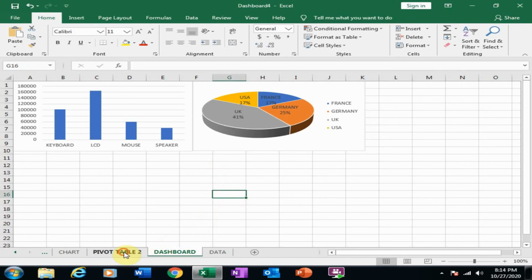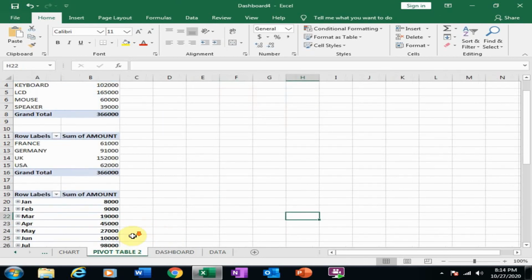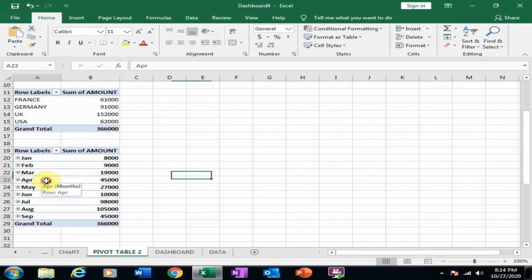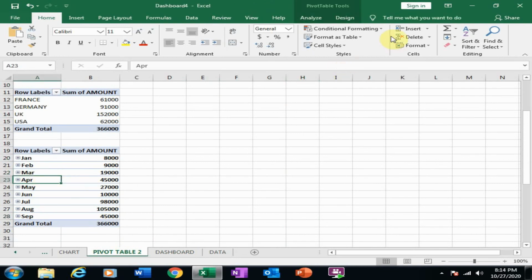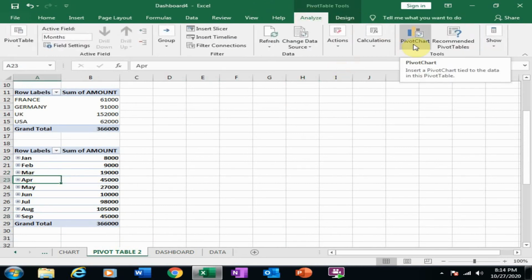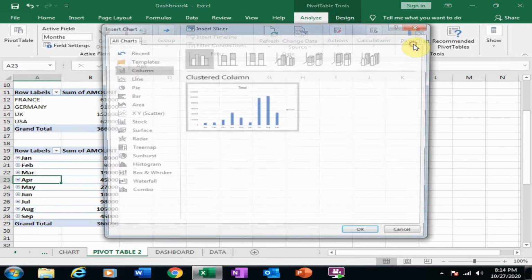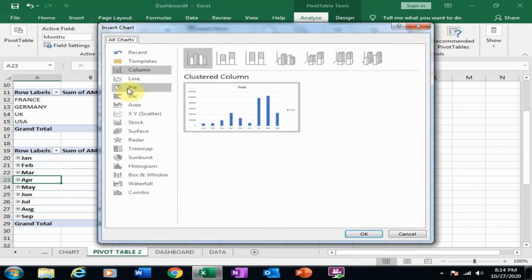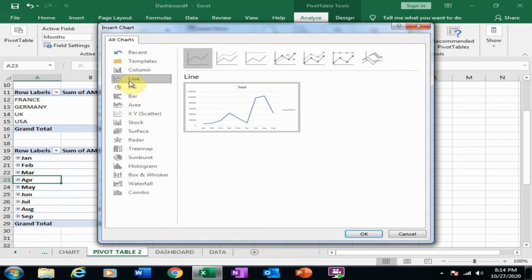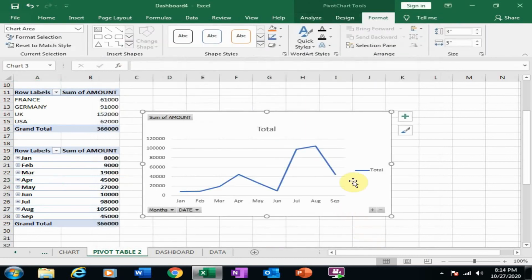Now go to the pivot table 2 sheet and just click the third pivot table and go to Analyze and create a pivot chart. Here I will select the line chart and click OK.